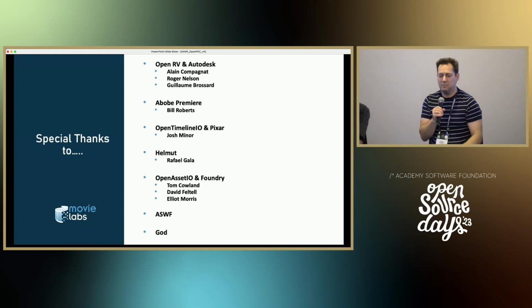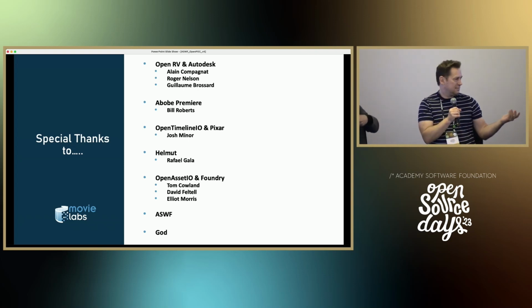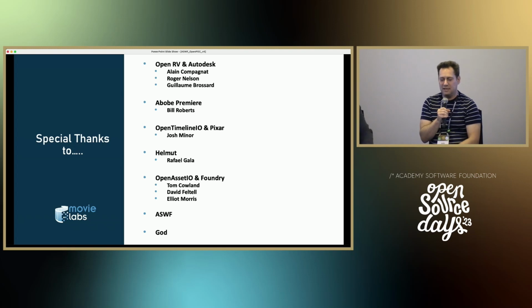So thanks to Bill, Josh Miner. I don't know if Josh is here, but again, thank you so much for giving us some guidelines there. We used this framework Helmet, and Raphael was great, and Tom and David and Elliot were really great in helping us with that, and thank you to the ASWF for all the opportunity to do that. And God willing, we'll have more open source software coming soon.